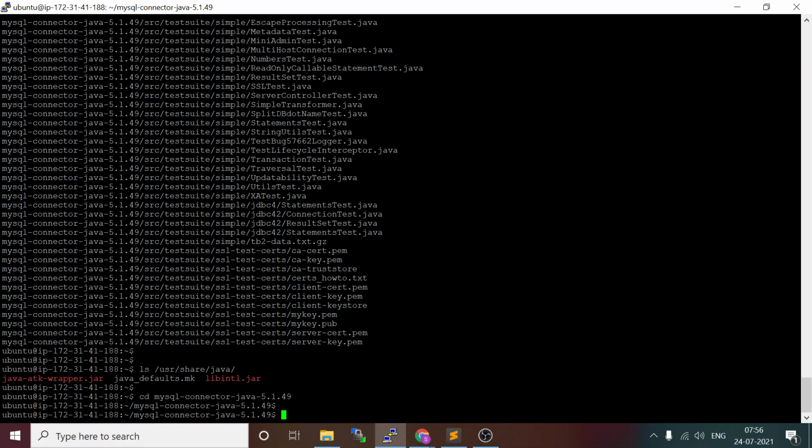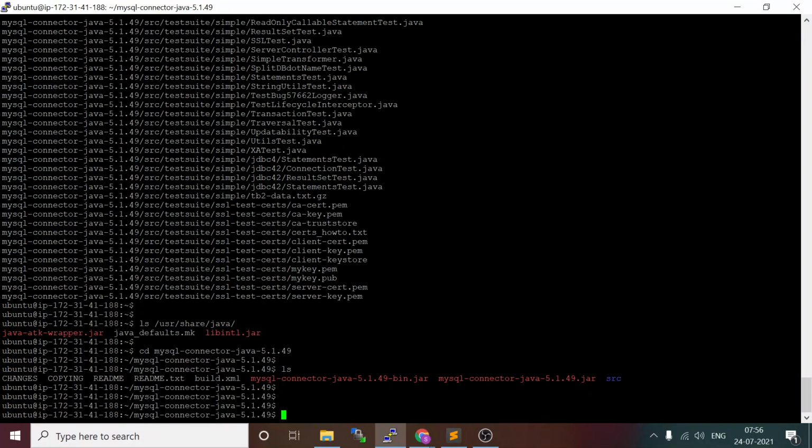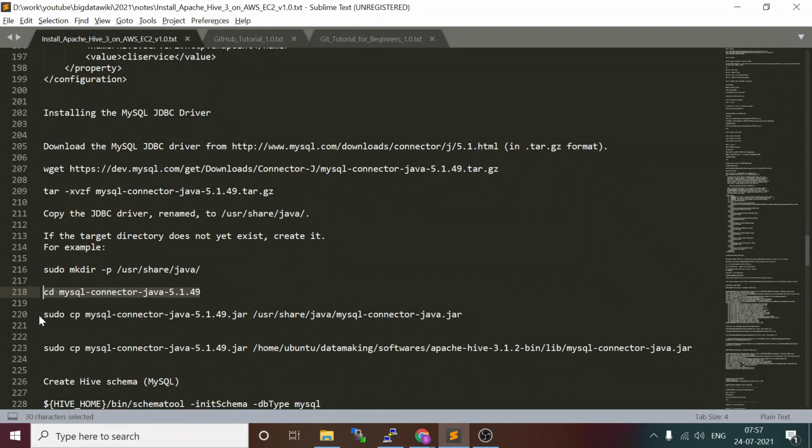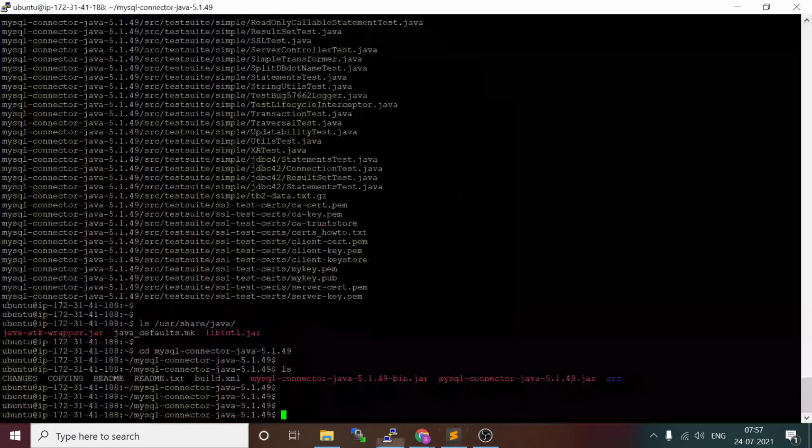You see there is a connector file called mysql-connector-java.jar. From here we'll just copy it to this location, renaming it and ignoring the version in the file name.